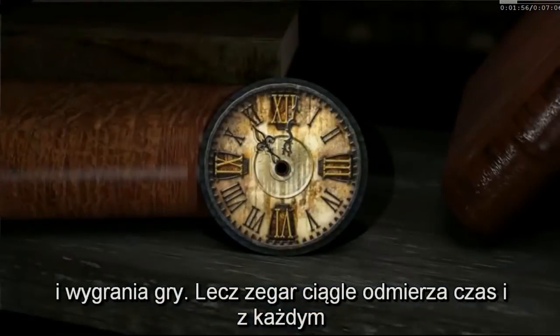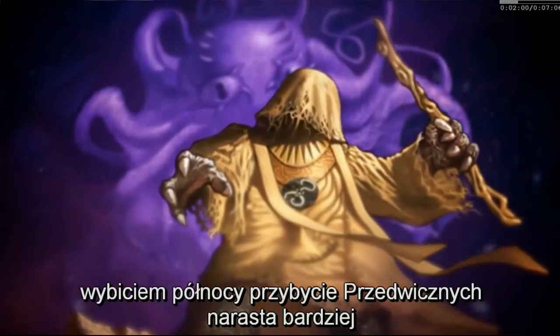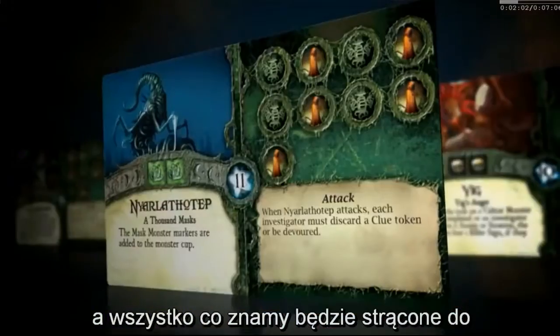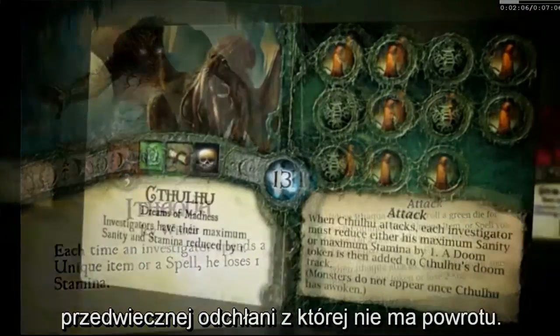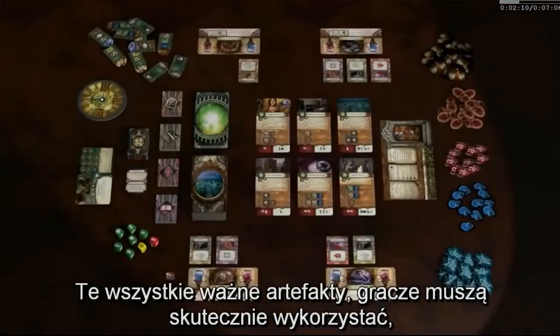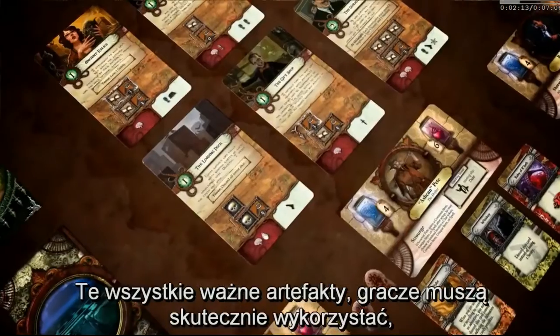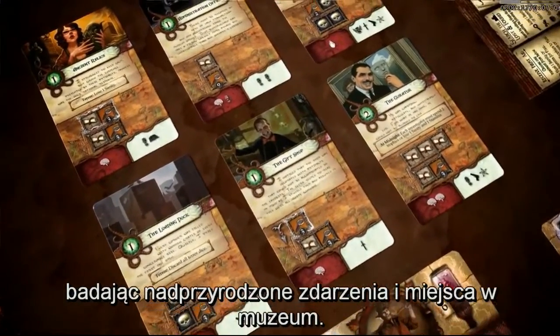But the clock is always ticking. With the approach of midnight, the Ancient One's arrival grows ever closer, and should it wake, all that we know will be cast into the eldritch abyss from which there is no return. To gather these all-important artifacts, players must successfully investigate the supernatural events and locations of the museum, which are